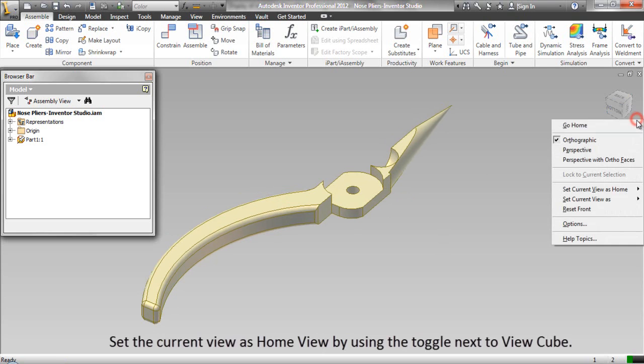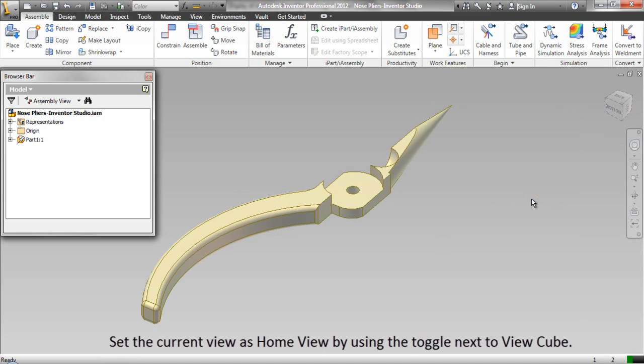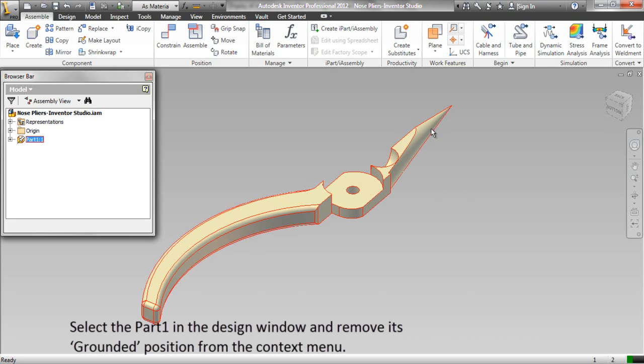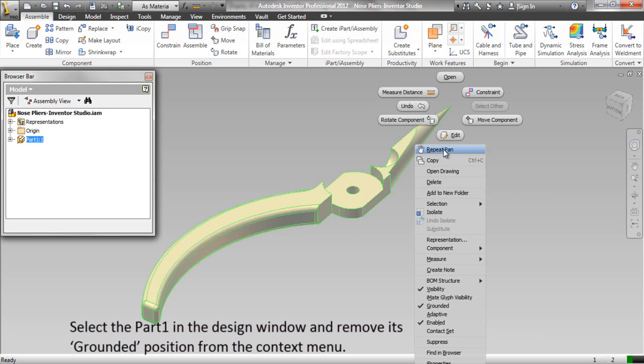Set the current view as home view by using the toggle next to View Cube. Select the part 1 in the design window and remove its grounded position from the context menu.